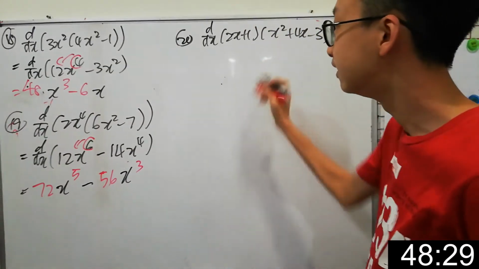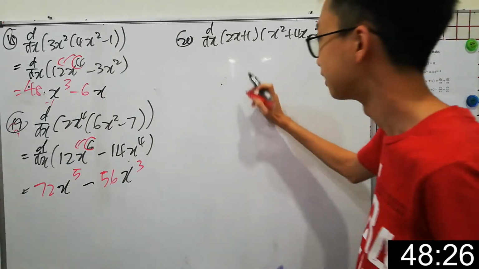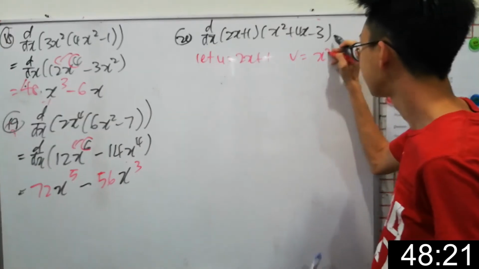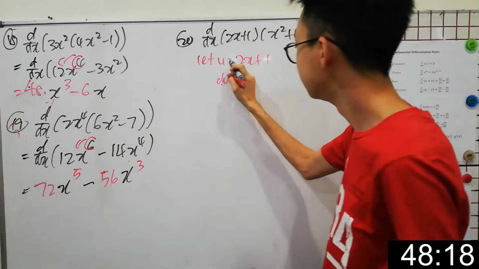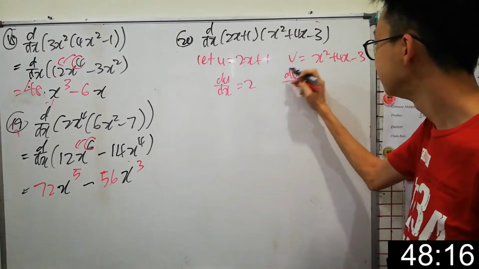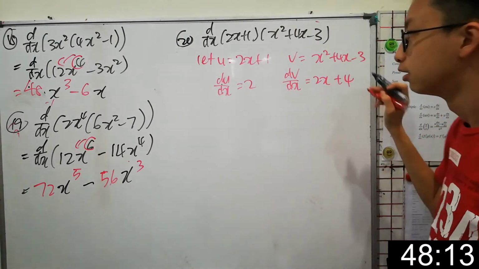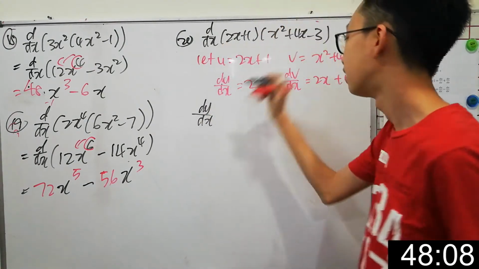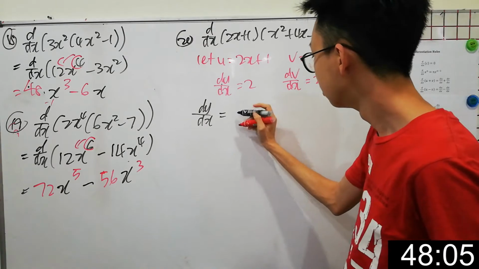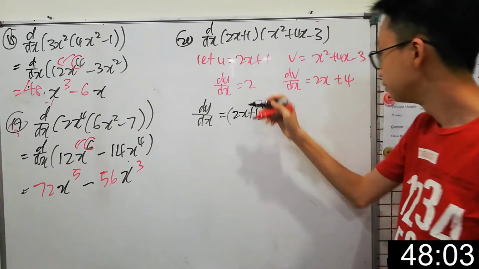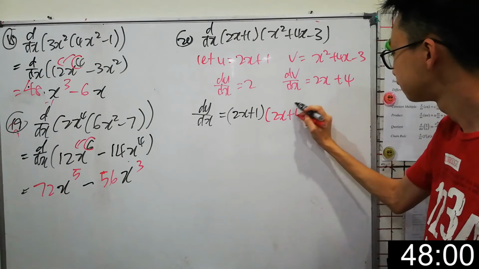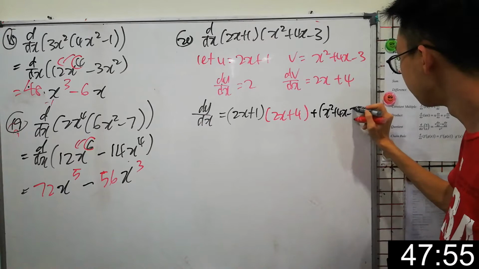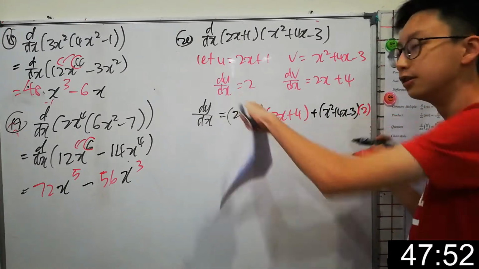I will show you one in detail and later we'll just do them directly. First we let u equal the first bracket, then v equal the second bracket. So du/dx is 2, and dv/dx is 2x plus 4. Then dy/dx is u times the derivative, 2x plus 4, which I'll write in red,